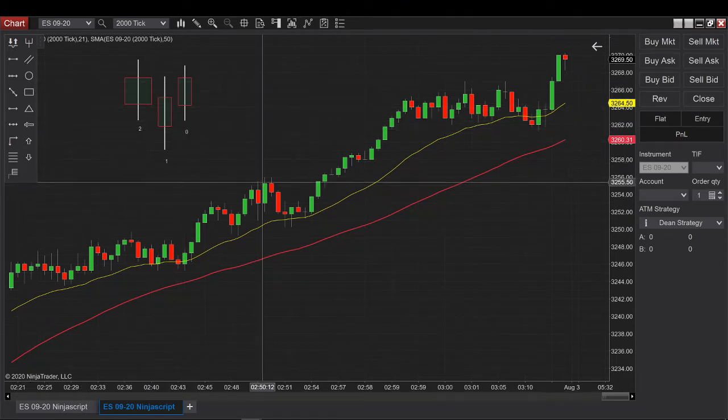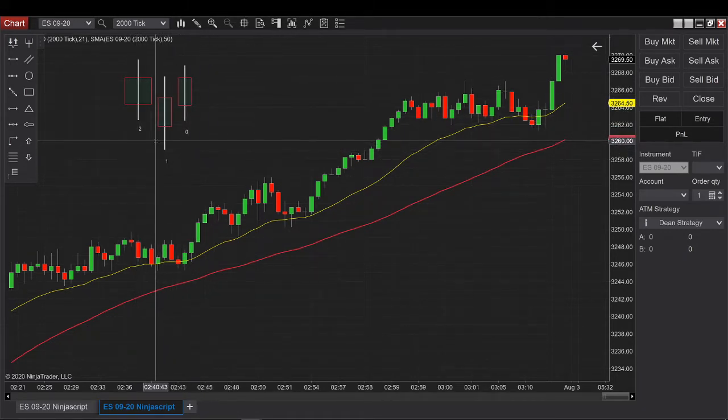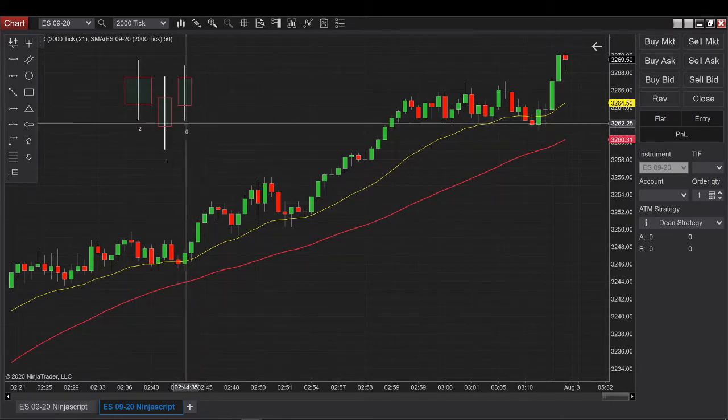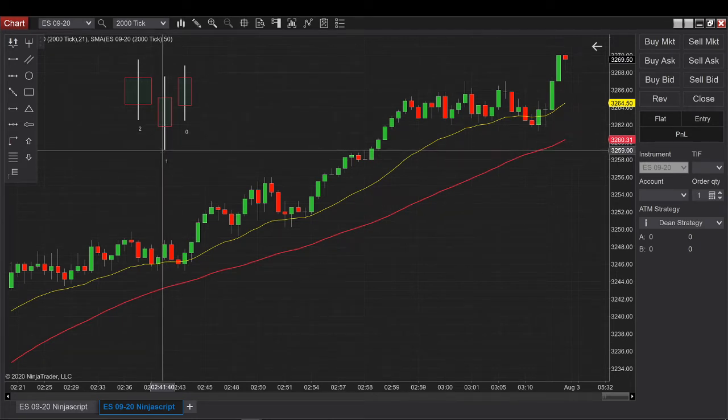Candle 0 is the current candle, 1 candle before is candle 1, and 2 candles before is candle 2. What we need is the low of the current candle to be above the low of candle 1, and the low of candle 1 to be below the low of candle 2.